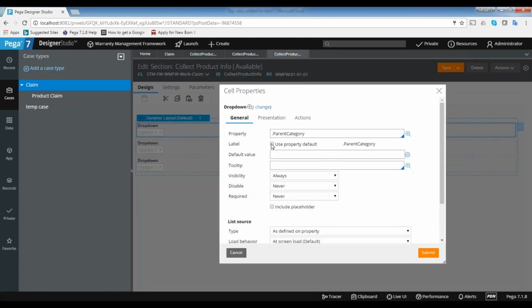Here I want to change the label to choose the category type.